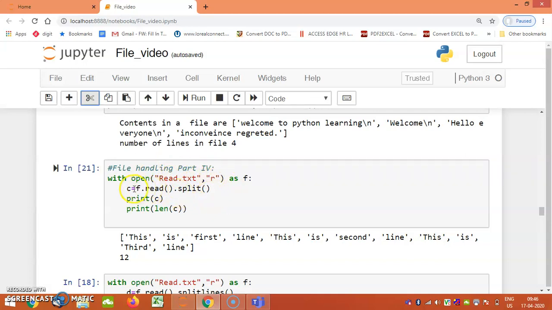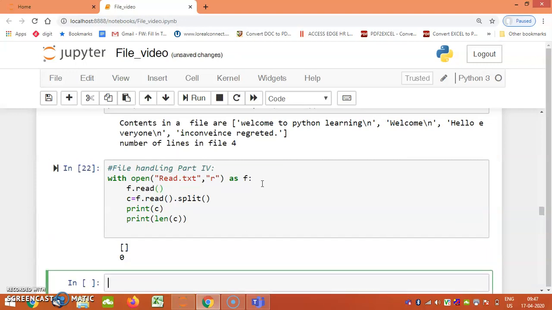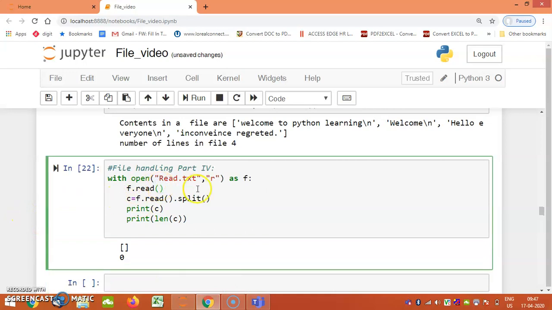If I perform the f.read operation, what will be the output? f.read will display the complete file.